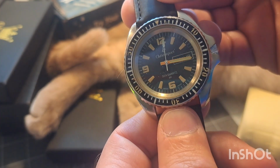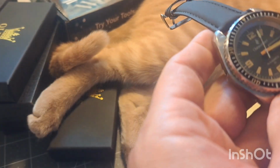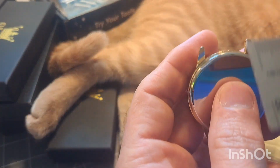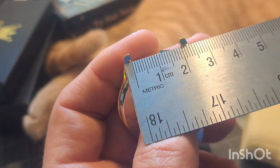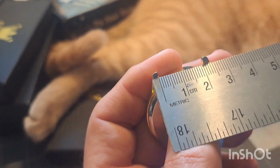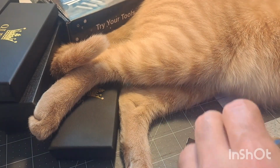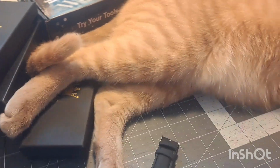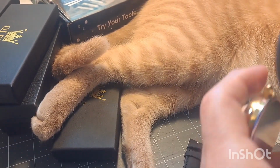Okay, so that's basically what you want to do whenever you're looking for a watch bracelet. It works with any watch bracelet. You just go right from the beginning. Okay, so this is a 20. So 2 times 10 is 20. And there you go. And if you're using the caliper that Shrody has knocked onto the floor, you want to